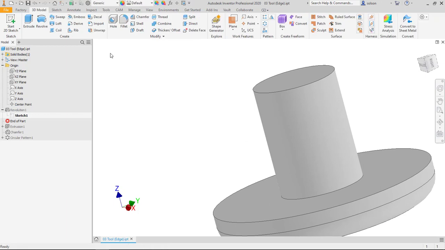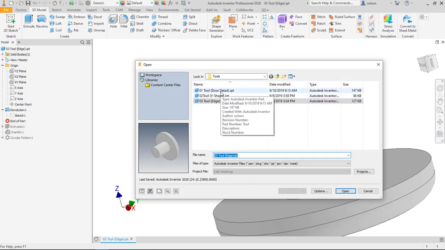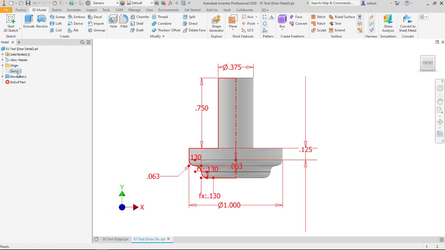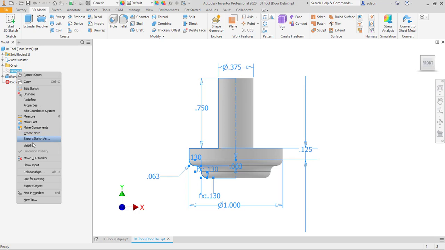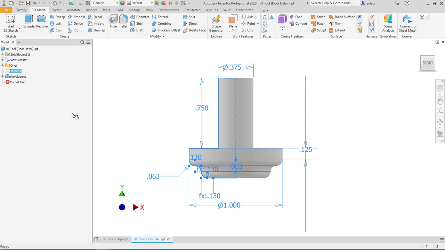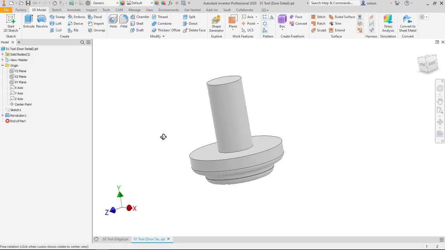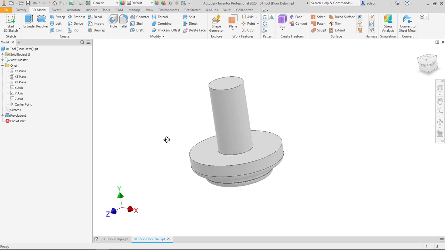So I'll look at the other tool really quickly. This one is more of a fancier detail. Same thing, same sketch. In this case, I did put my origin in a slightly different location. So it's a little bit more at the top of that radius. So this tool comes up beyond that point. One thing also to point out is my X, Y, and Z orientation doesn't match the door. So when I bring this into the next file, I will have to make an extra step to rotate that in the right direction. So let's go ahead and take a look at the door